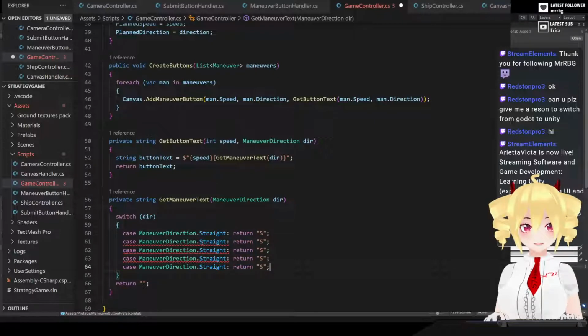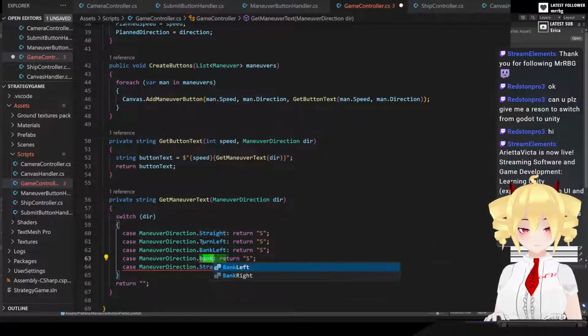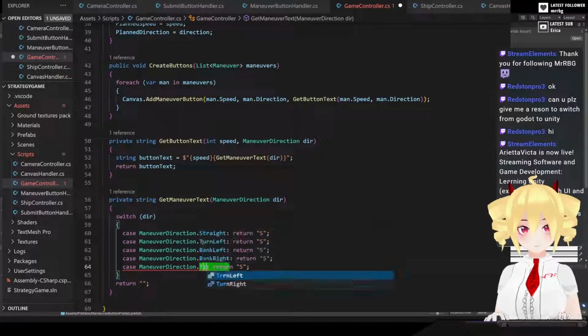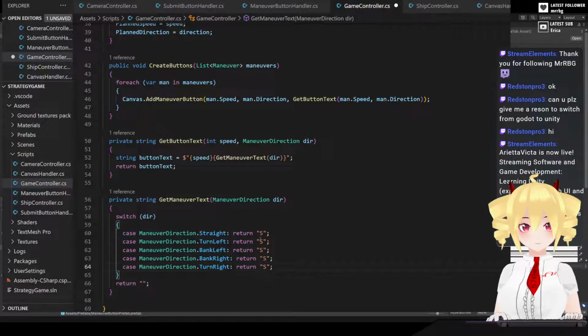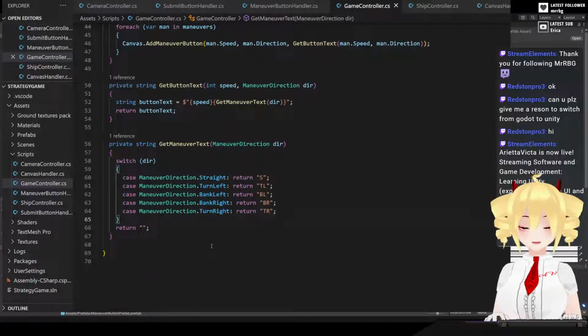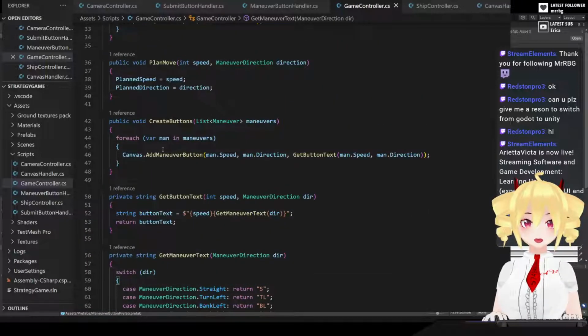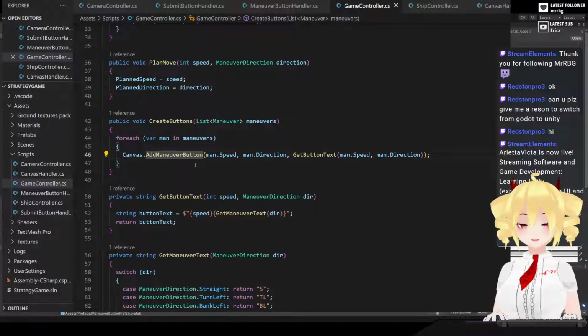We've got 5 different things. There we go. Alright, so that'll let us add all our buttons, but we do need to lay them out,